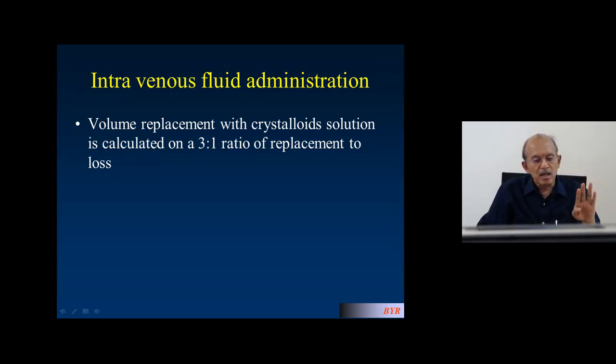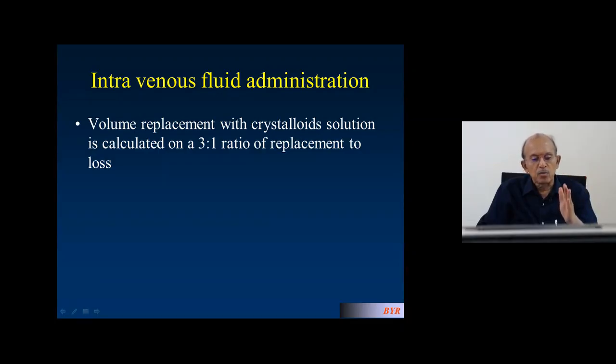You add them, 3 plus 1, 4, total 4 parts. One part is lost. So for replacing one part, you have to give 3 parts. That means you have to give 3 liters, approximately 3 to 4 liters. Because the intravascular space and interstitial space figures I have given are not so accurate. A range will be there, and if I tell the range, you get confused. That is why I have given it as only